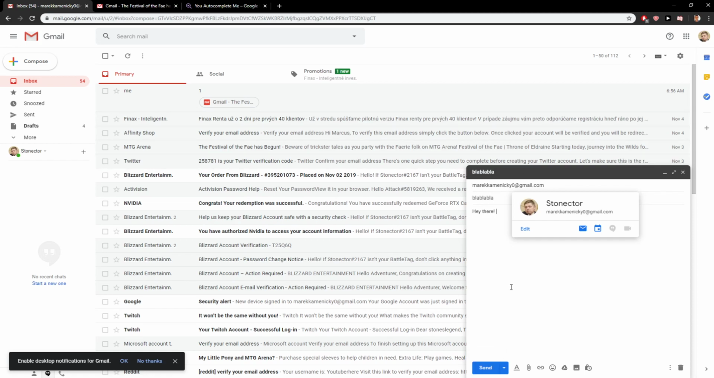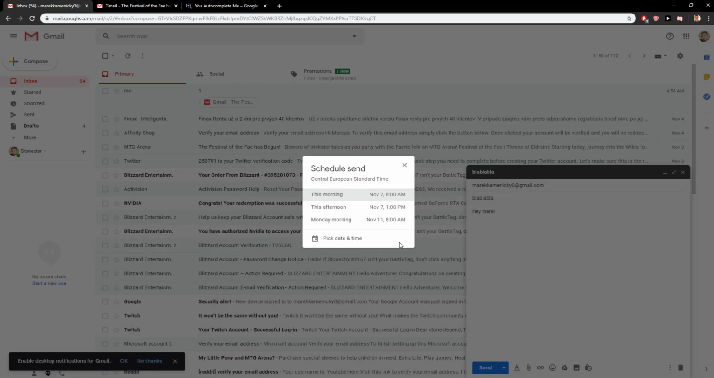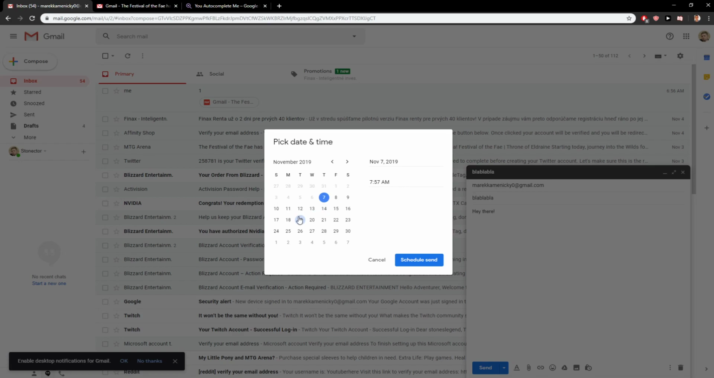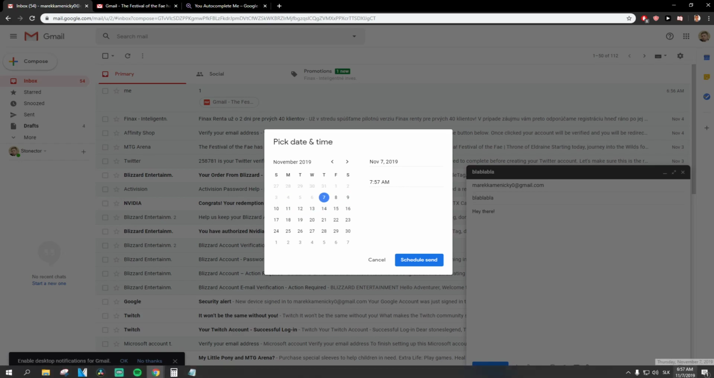And now what I'm going to do, you have the send option here, but you also have this arrow looking down, and you've got schedule send. When I click schedule send, okay, Central European Standard Time, it shows what time zone you are in, and you pick the date and time. Okay, so this is 7th of November